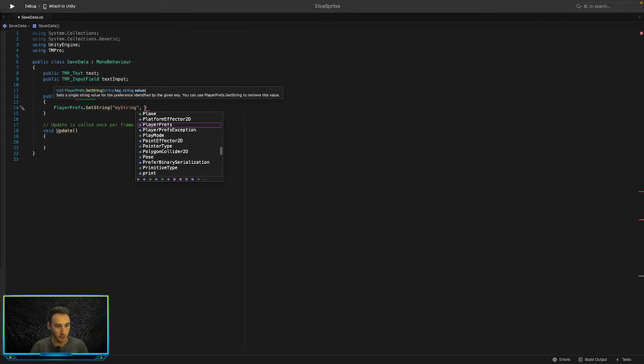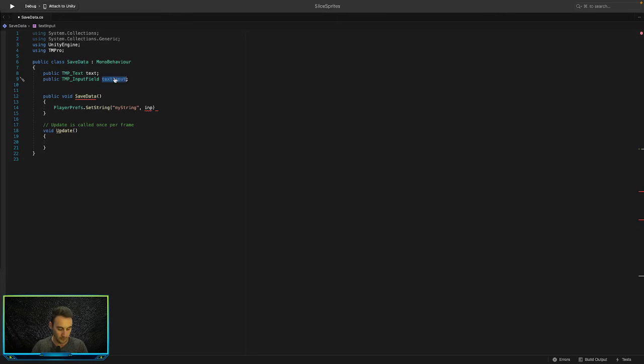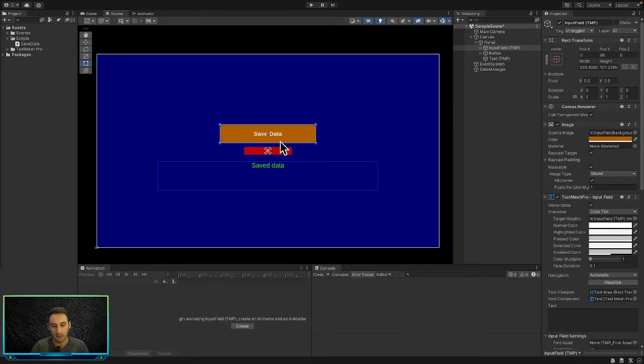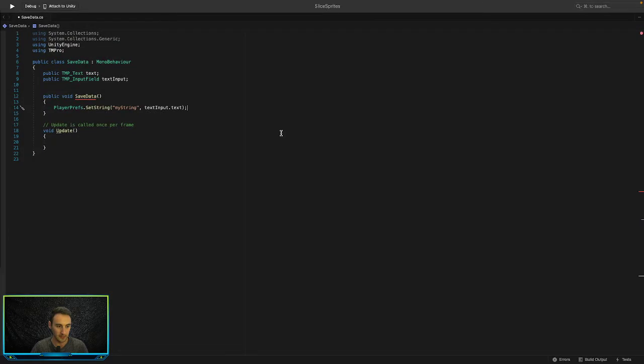And then we obviously want to save the text that we get from it. So let's go the input text, rather, the input, what do we name it, the text input. So yeah, let's go text input dot text. That is going to get whatever we type in this input field and convert it into text, and it's going to save it at the location of my string using that key. And then